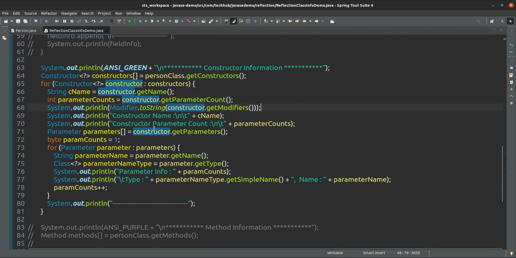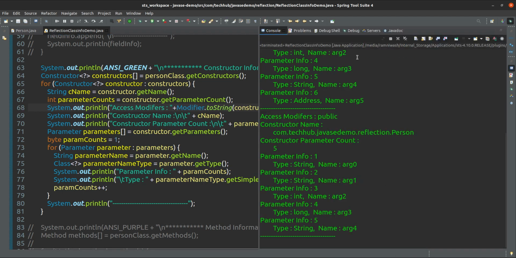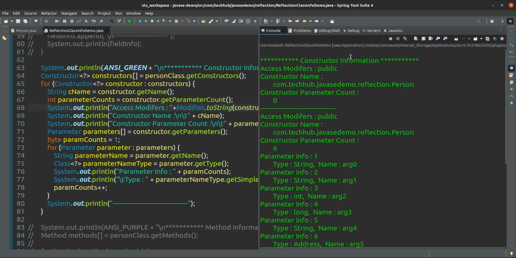So this is the access modifier. If I run this one, you will see the result.